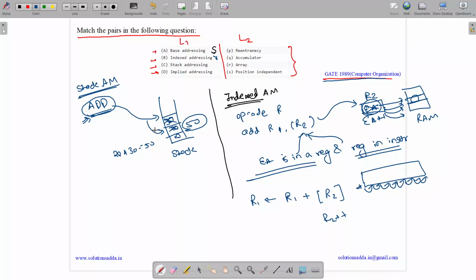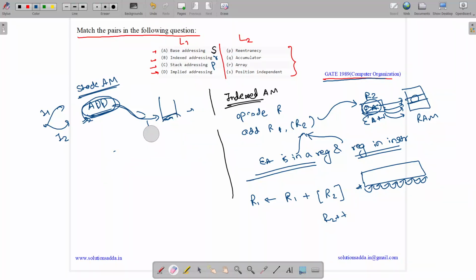And why is it useful? Let us suppose it is used for re-entrancy, which means if we run the same program again, for instance a second instance, then the addresses will be different. The operations will be performed at different addresses. A stack may have the same content, but those addresses will be different. Thus it is mapped to re-entrancy, which means at each iteration the address would be different. Now let us see the next addressing mode, which is implied addressing mode.